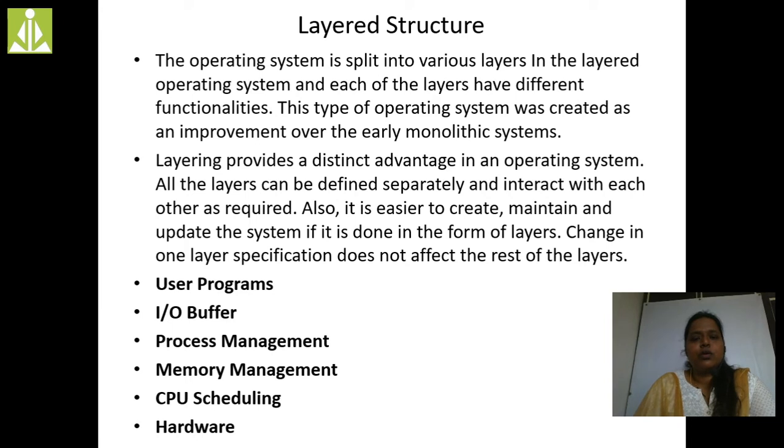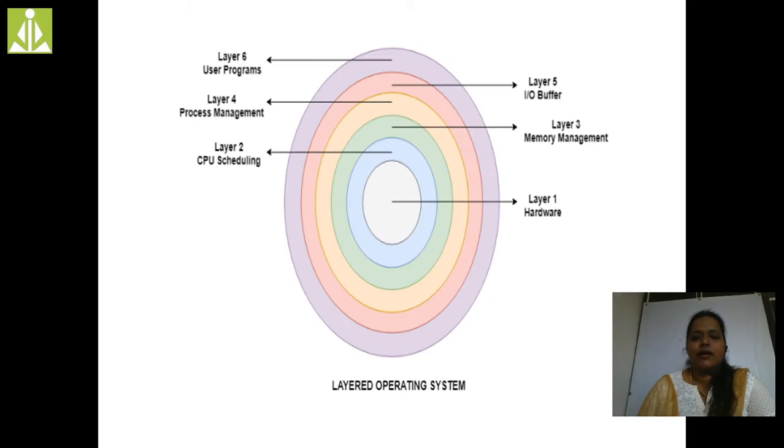In order to overcome all the drawbacks of the simple structure, we have gone for the layered structure. And this is the diagram of the layered operating system. Here we are going to have 6 layers.